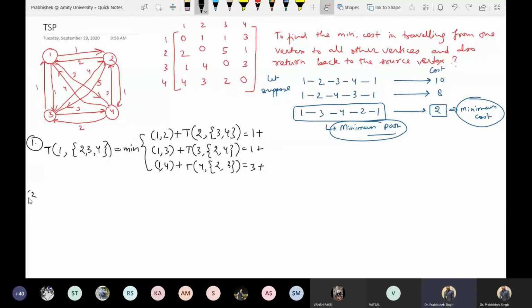So step 2 is what? We will now calculate T of 2, 3, 4. Very easy. And the third step will be what? T of 3, 2, 4. And the fourth step will be what? T of 4, 2, 3. Okay. So this will be what? Minimum of